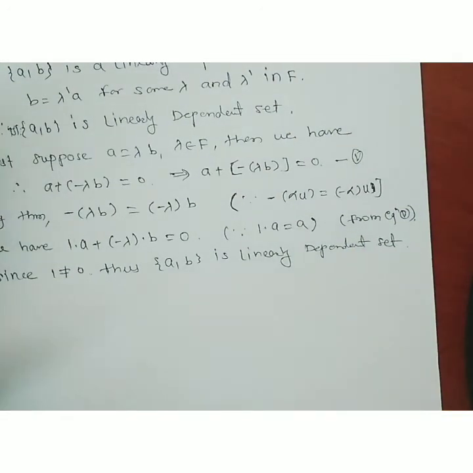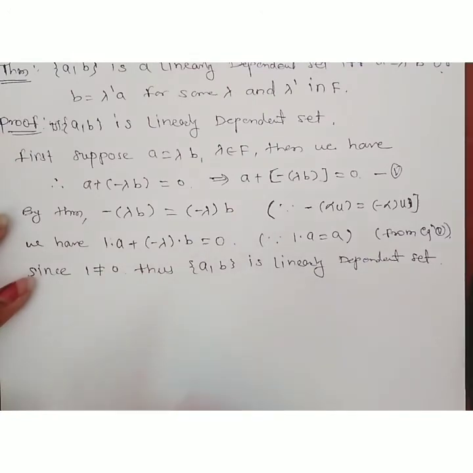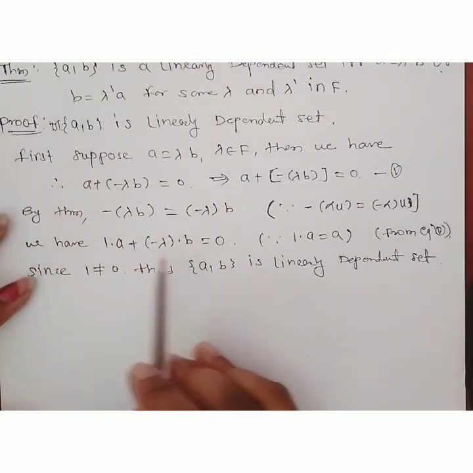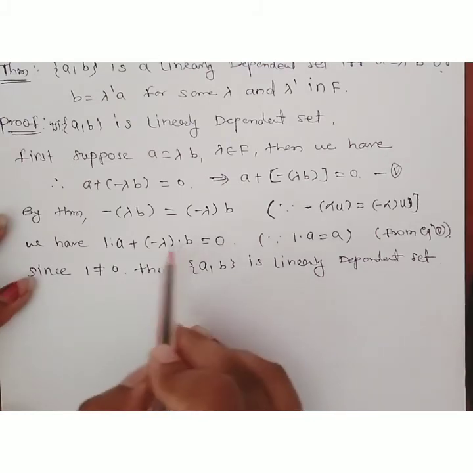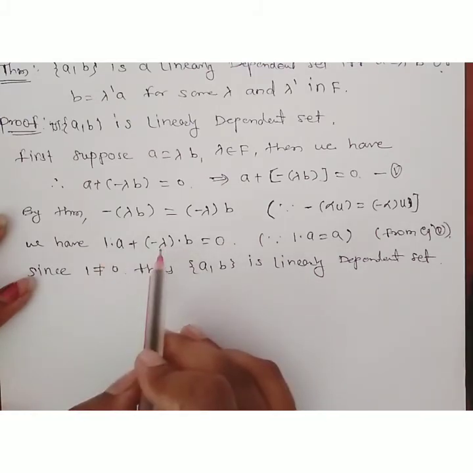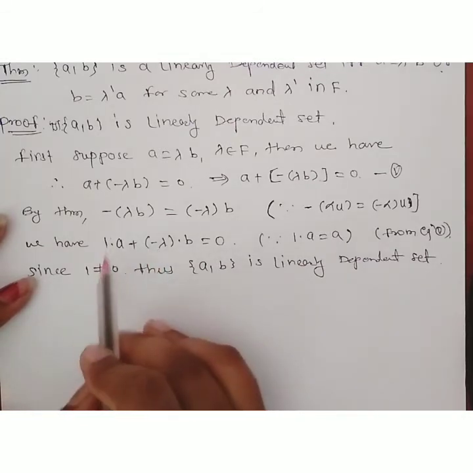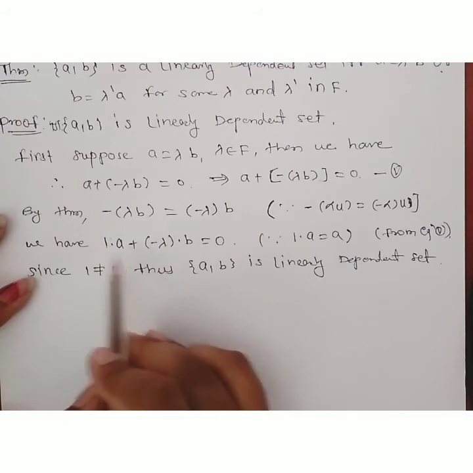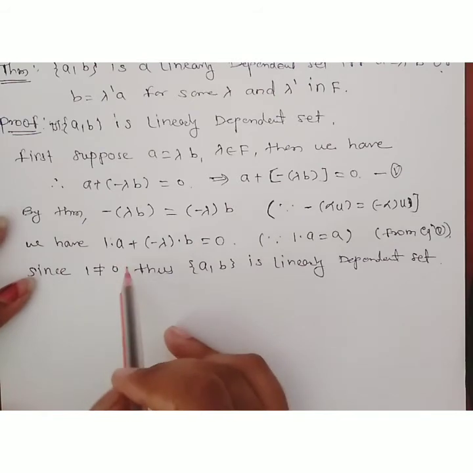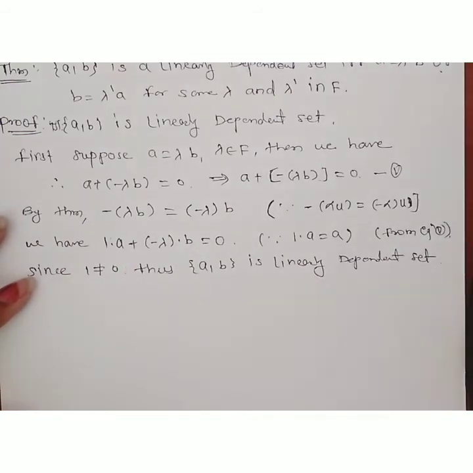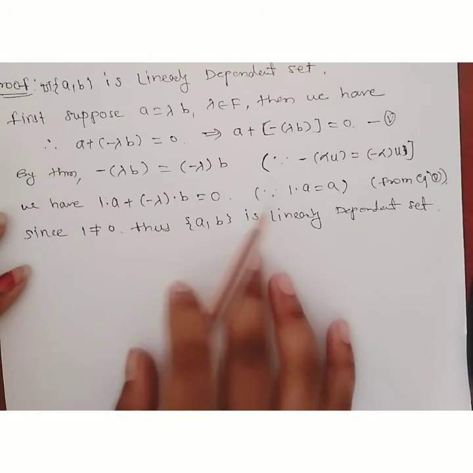This is a linearly dependent set because if we are given a linear combination of these vectors a, b, here we get the linear combination 1 into a plus minus lambda into b is equal to 0. A set is linearly dependent if we get scalars multiplied to the vectors such that some scalar is non-zero. Here we get a 1 which is multiplied to a, and 1 is obviously a non-zero element. This implies this set is a linearly dependent set. Now conversely,